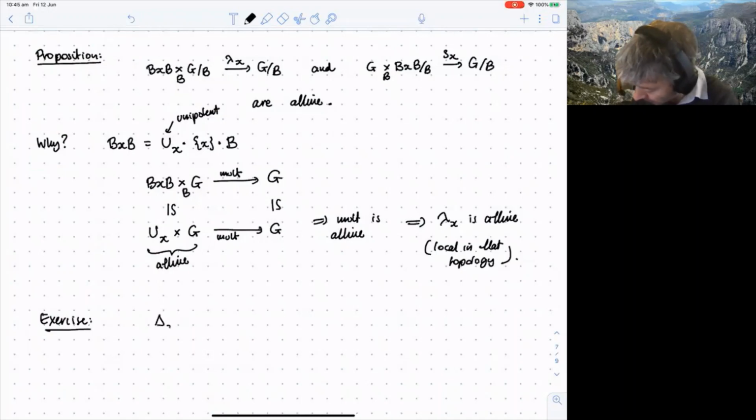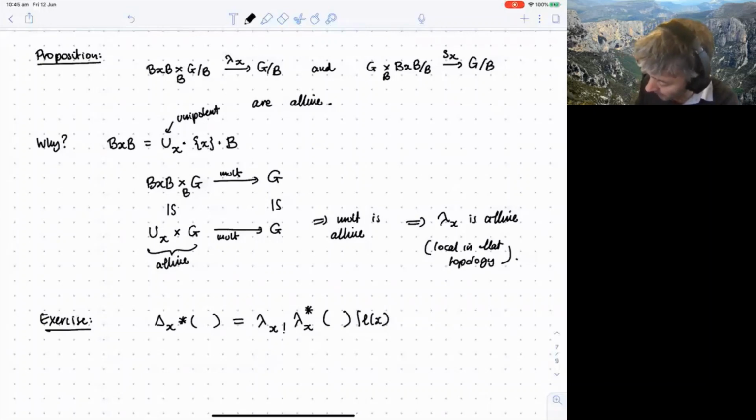is that convolving on the left with delta, you can write this functor as simply being lambda x lower shriek of lambda x upper star shifted by the length of x. And similarly,